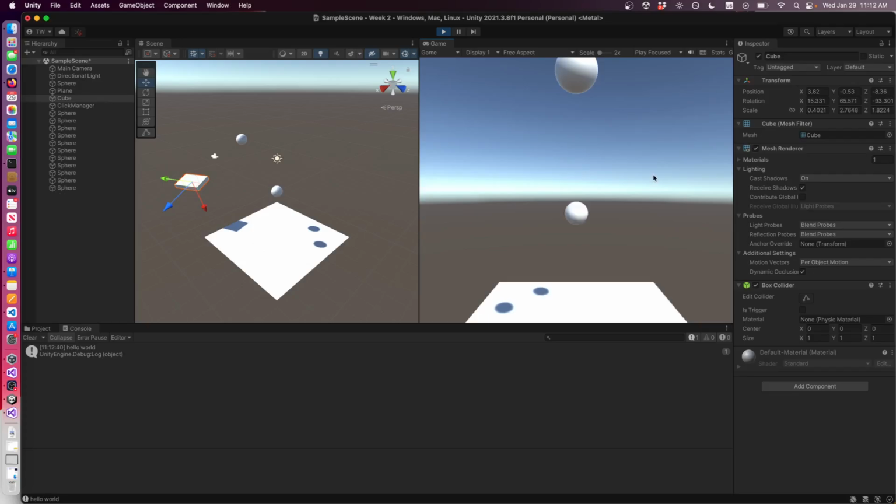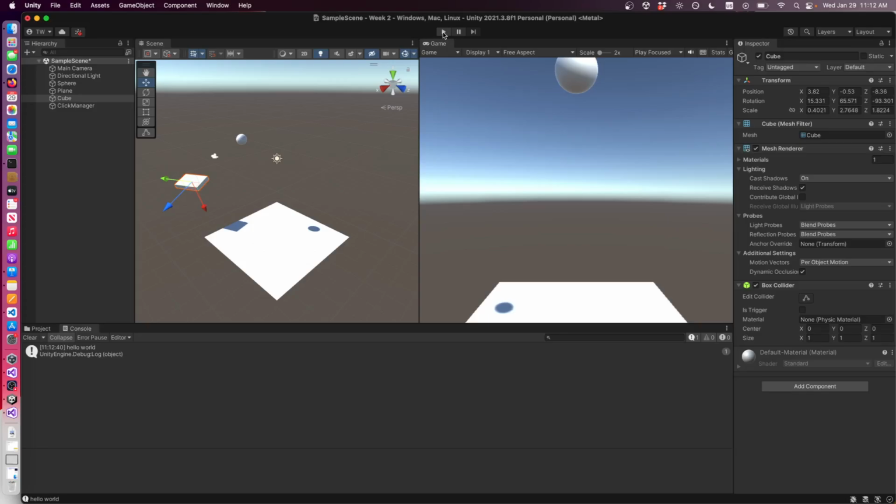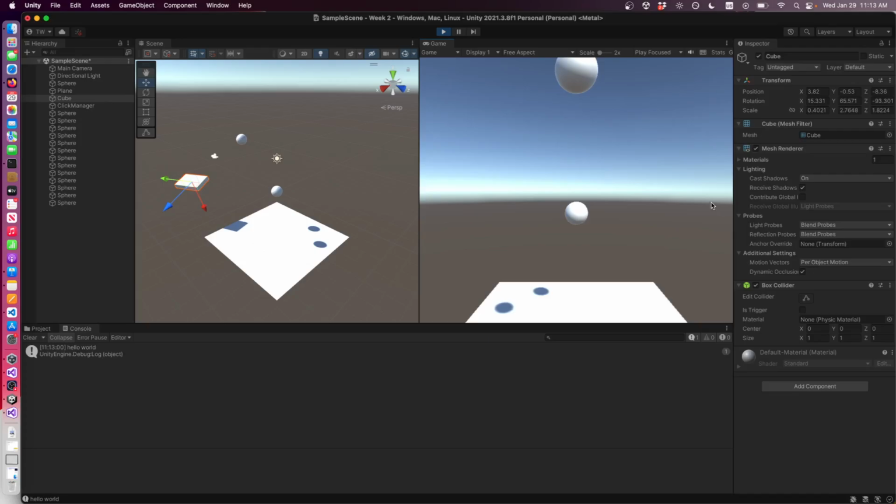And I can create many, many spheres. Okay, so now let's try to have this actually create spheres that are not centered in the middle, but basically where we click. So if I click here, I want a sphere to be created there. And if I click here, I want a sphere to be created there. Okay, so